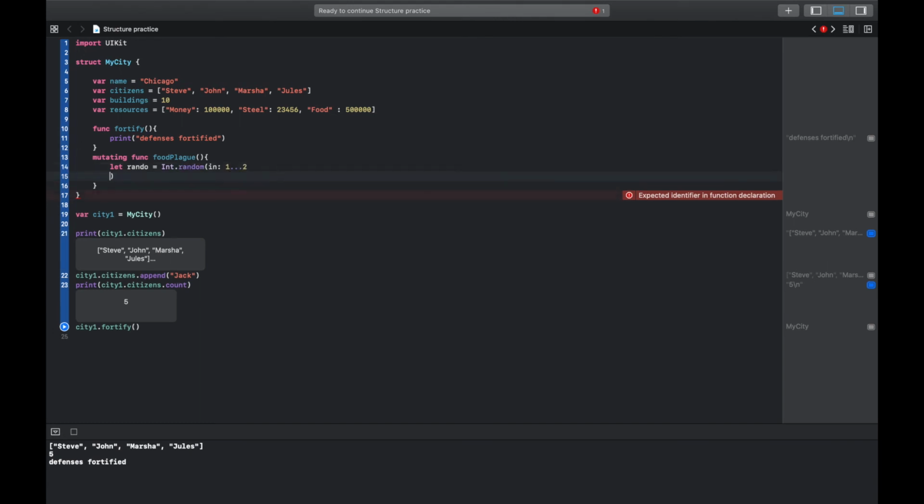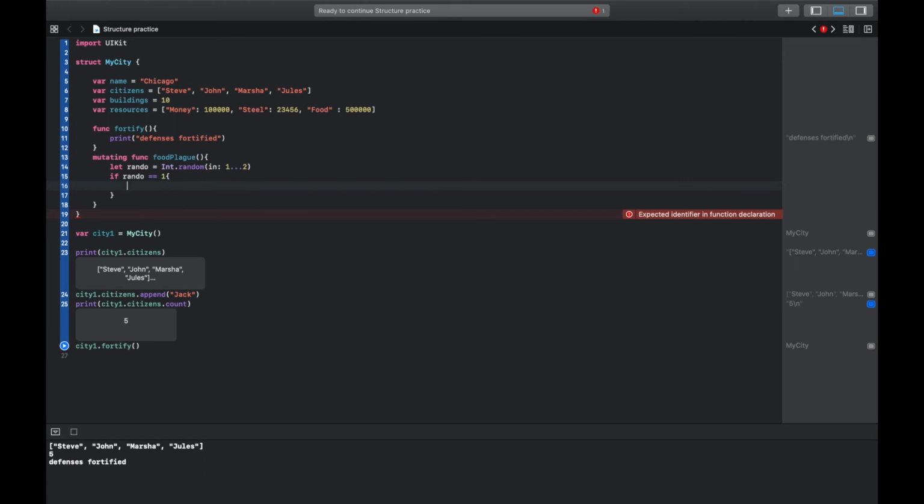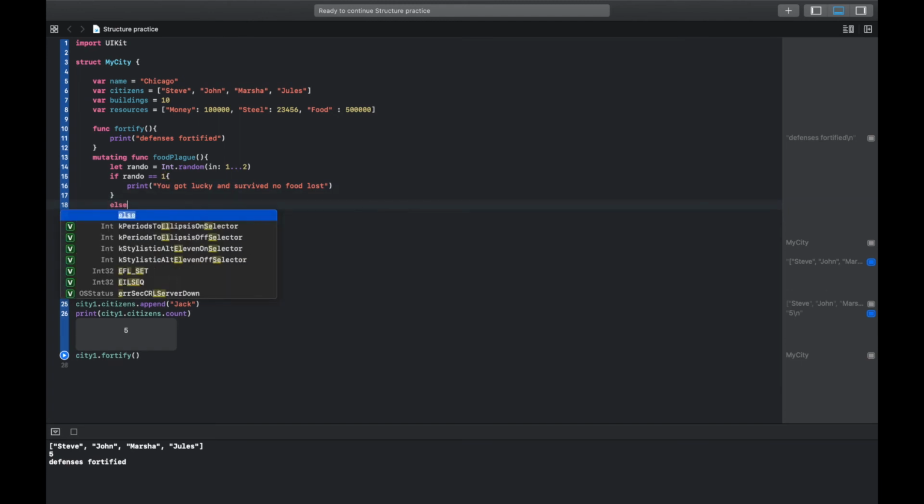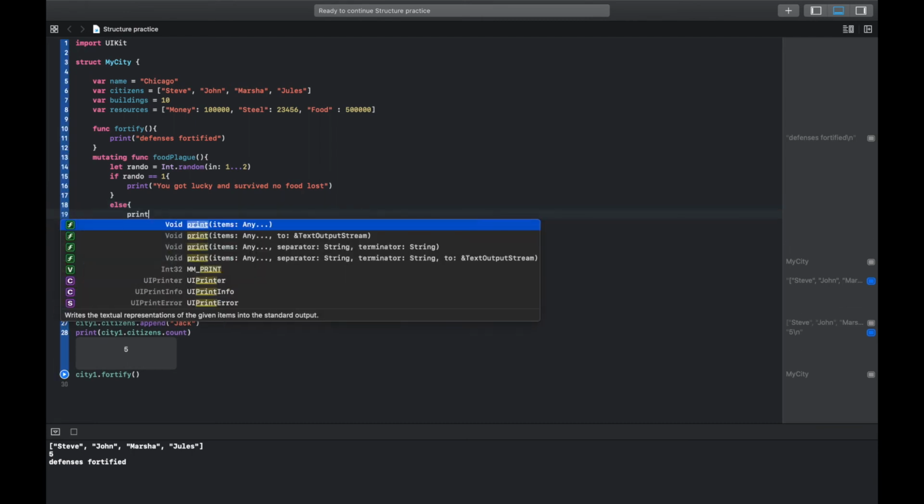All right, now we're just going to put a little bit of our coding knowledge into action right here. So if rando equals 1, what's going to happen? We are going to print, you got lucky and survived, no food lost. Okay, and then we're going to do else, and we're going to print out,